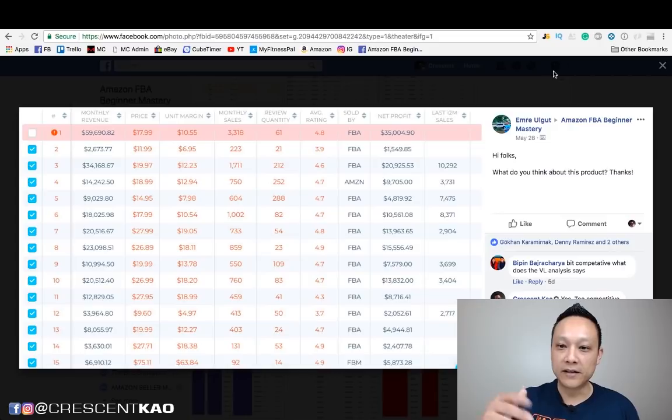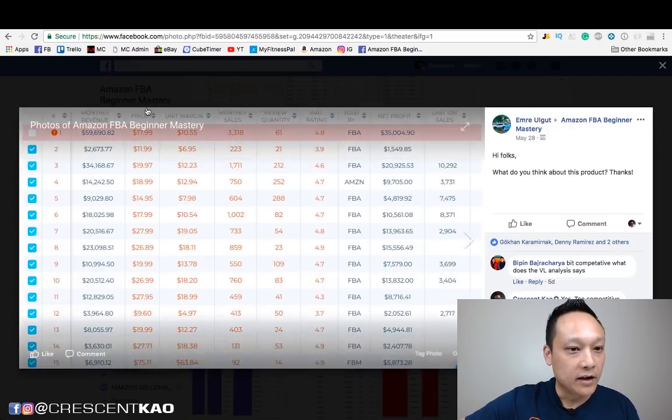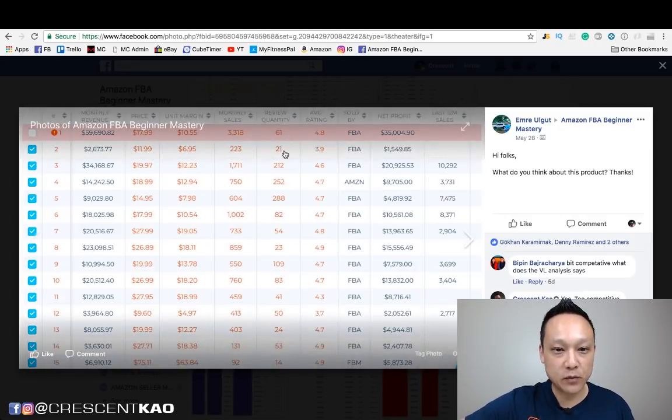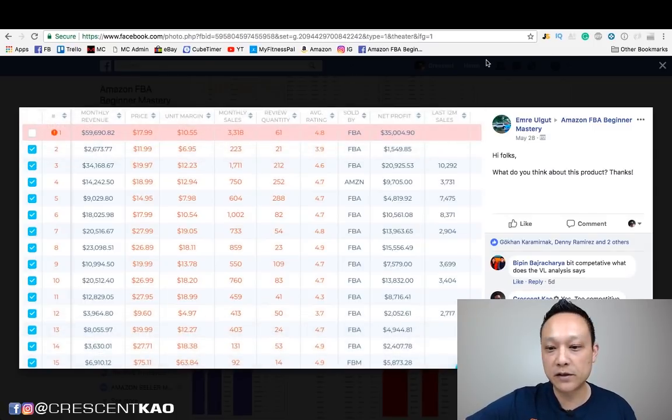All right, now let's see this one by Omre. Now, if you look at the price looks pretty good. Looks like the average is in the high teens, low 20s. Move on to monthly sales. Again, you want 300 or more. Actually looks really good. This one maintains it all the way down to the 13th, 14th position. It's over 300. Now, if you look at the reviews, 7 out of the top 10 have to have less than 75 reviews. So let's count this. 1, 2, 3, 4. Yeah, so again, right away, has way too many reviews. So this is too competitive. I would skip this one.